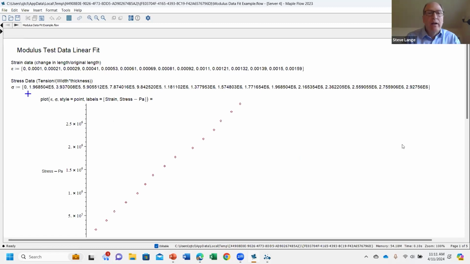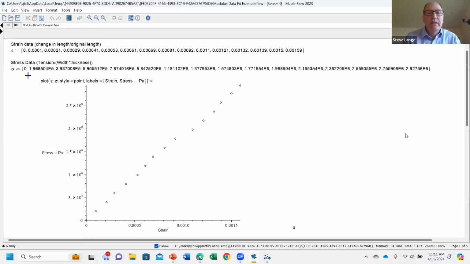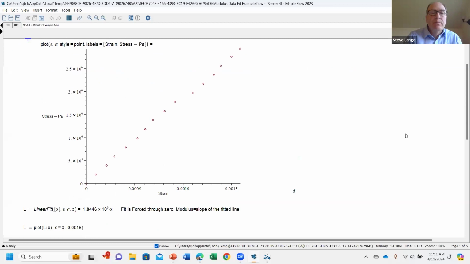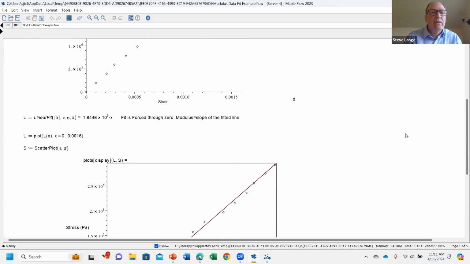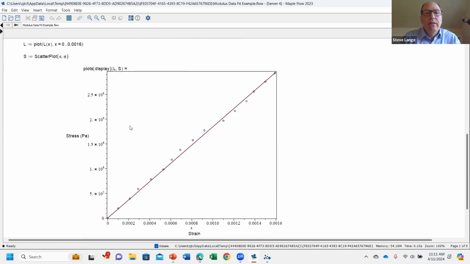Then using this software, I can plot the data points, and you can see stress on the y-axis, strain on the x-axis, and it looks approximately linear. So then we can use this software to fit a line through the data. In this case, I forced it through the 0, 0 point. And so the slope of this line is going to be the modulus. Here it is in pascals. And then you can see the plot here of the best fit line against the data points. So switching back to our screen,